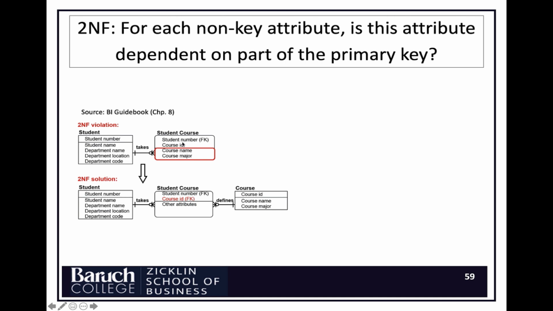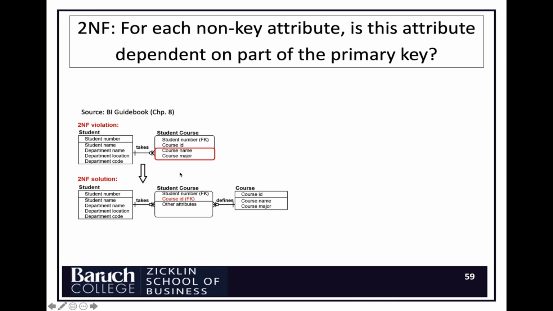We have information about student and course in the course registration or student course table. And we see that some of the non-key attributes, for instance, course information, course name, course major, are not related to the whole key, which is a student number and also course ID in that table. So some of those elements are not related to that. And that's a violation of